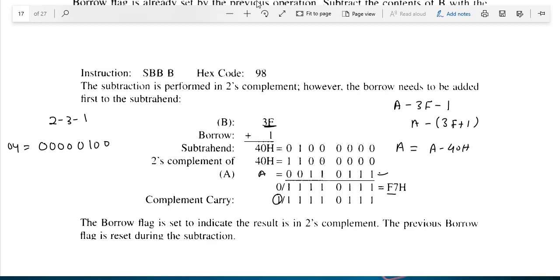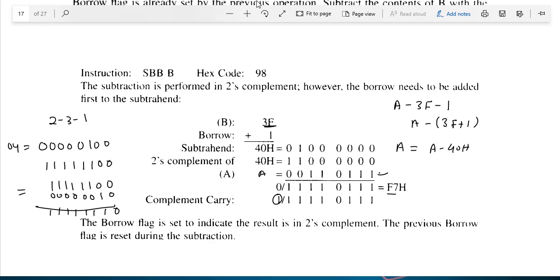Okay. And if we take a 2's complement, what will be the number? 0, 0, 1, 1, 1, 1, 1, 1. Now we will add this number with the 2. So 1, 1, 1, 1, 1, 1, 0, 0. And the 2 will be 0, 1, 0, 0, 0, 0, 0, 0. So if we add it, 0, 1, 1, 1, 1, 1, 1, 1.